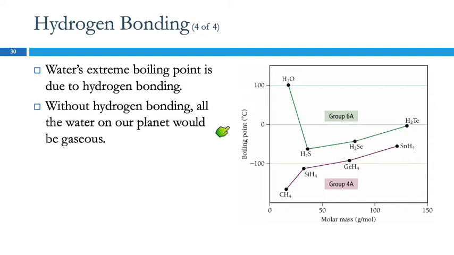So here on this graph, we're looking at the boiling point of the substance compared to its molar mass. If we look at the group 4A compounds with hydrogen, there's methane, CH4, SiH4, GeH4, SnH4. What's changing here is the central atom is getting larger, and so the molar mass is getting larger, the dispersion forces are getting larger, and the boiling point is getting higher. And there's kind of a trend, right? If we look at group 6A, we say, well, there's a trend right through there, and we expect that water would be down here somewhere.